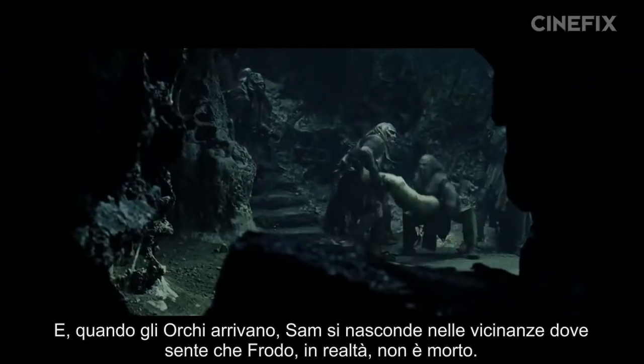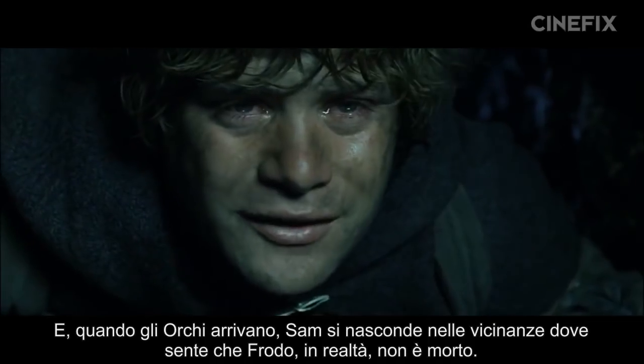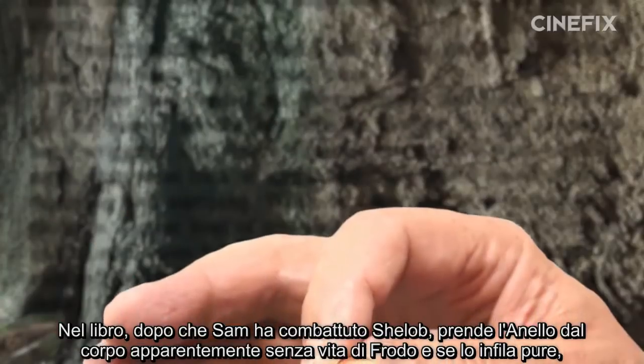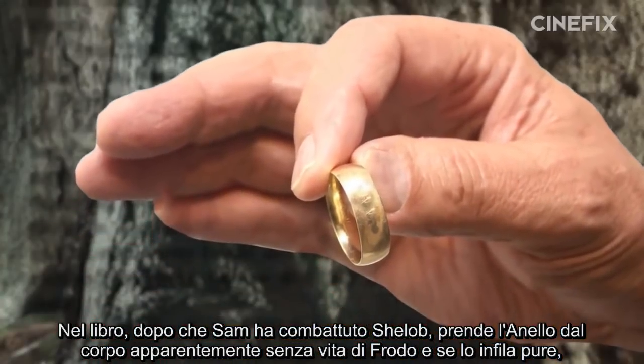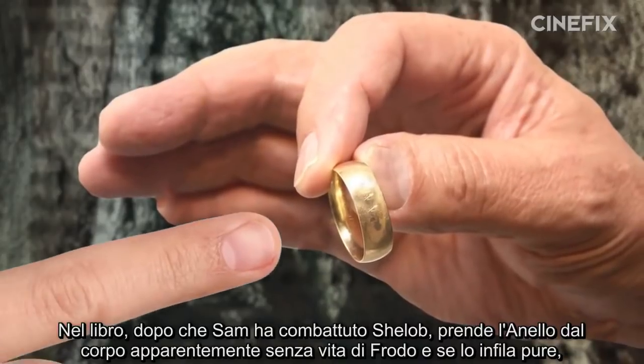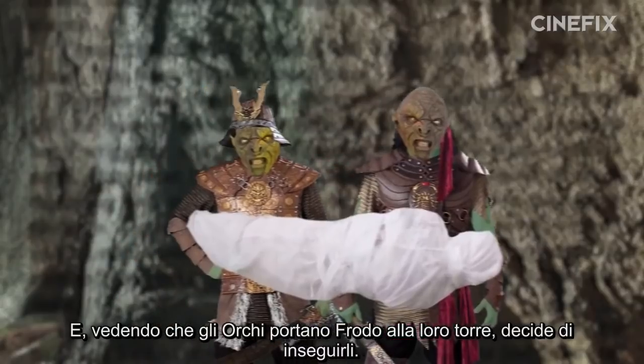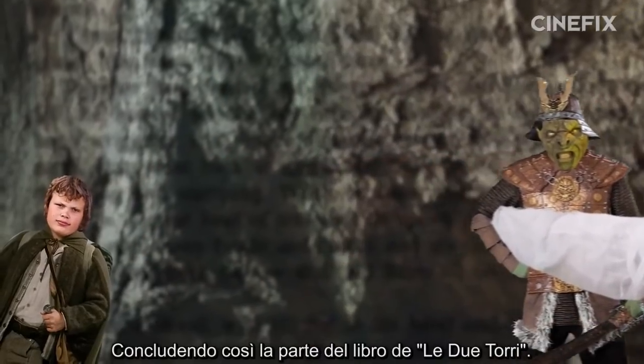And when the orcs come passing by, Sam hides nearby where he overhears that Frodo is actually not dead. Gasp! In the book, after Sam fights off Shelob, he takes the ring from Frodo's seemingly lifeless body and even puts it on to hide from the incoming orcs. And seeing the orcs take Frodo back to their tower, Sam decides to pursue them, thus ending their part in